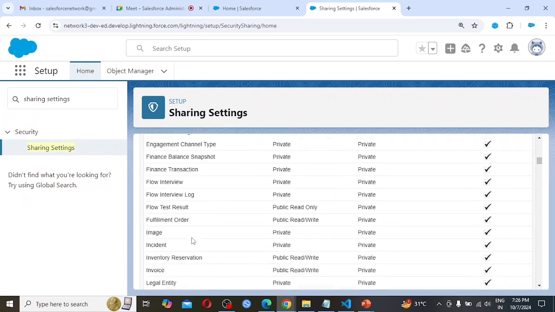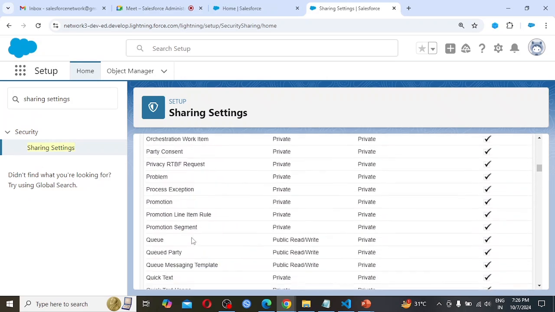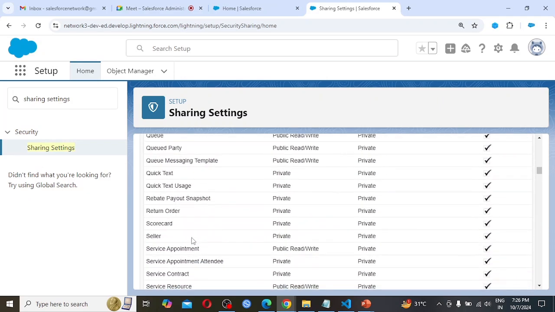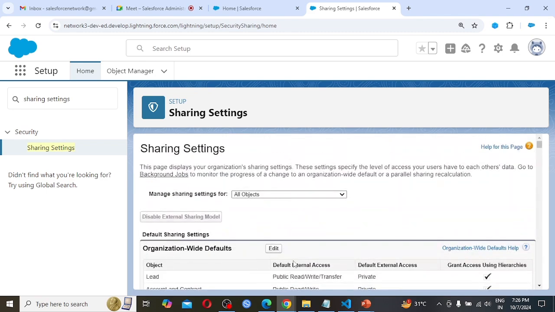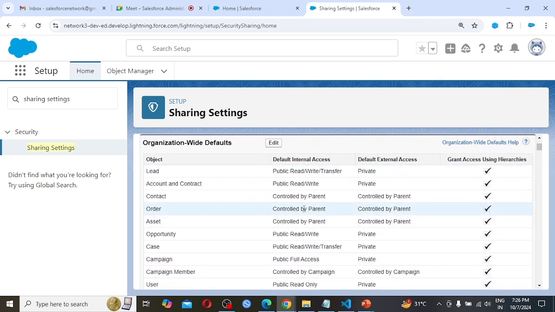So these are all standard objects. If I am scrolling down, then also we are seeing that there are different types of internal access. On the lead object we are seeing public read write transfer, and also this setting is with the case object, public read write transfer.